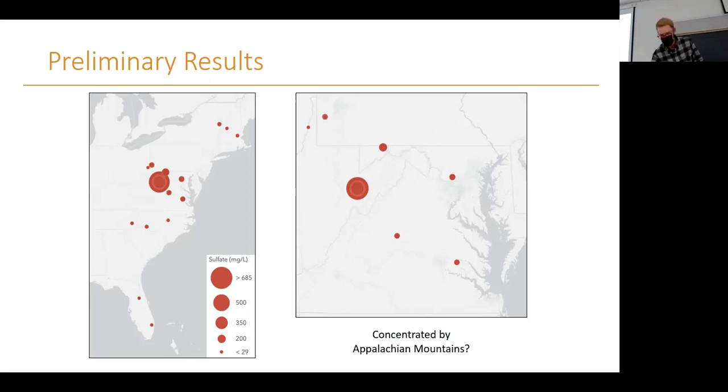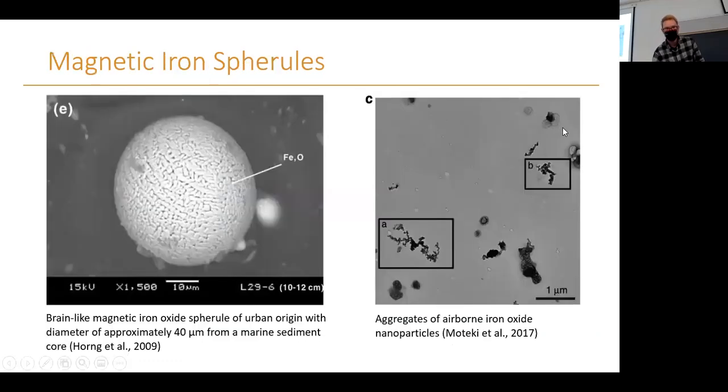But then I'm also interested, as you'll remember at the beginning, I mentioned these particulate matter. This is what I was referring to, these magnetic iron spherules. So these particles, they're still relatively new when it comes to research and understanding, their dynamics, where they are, and where they come from. So little is known, but